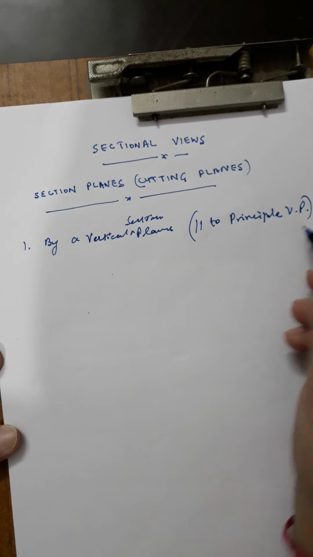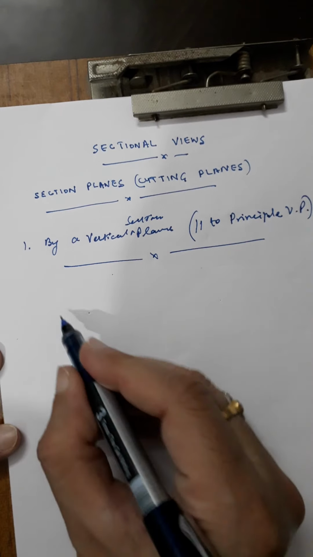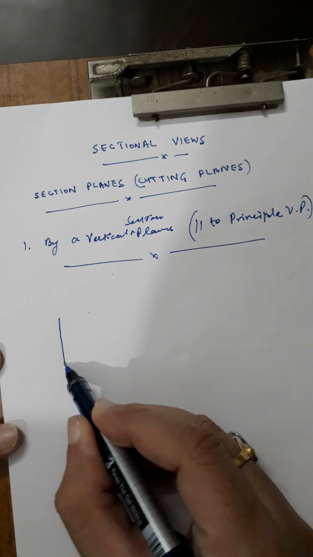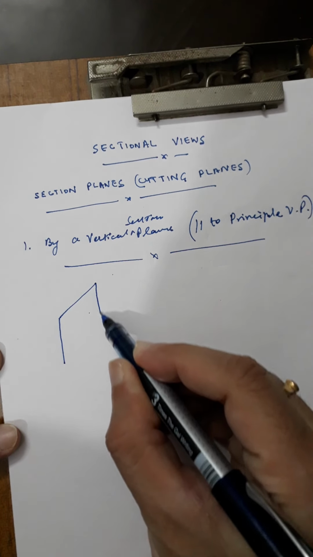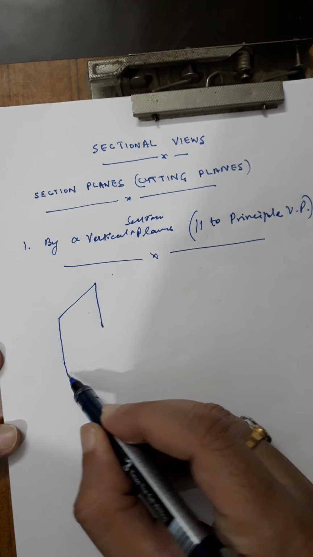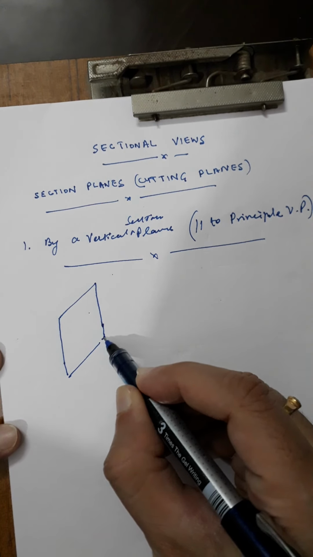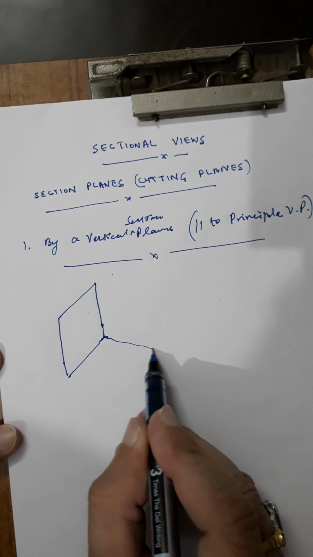So that one is parallel to the principal vertical plane. Now here you can see, this is the usual vertical plane, and this is the horizontal plane,